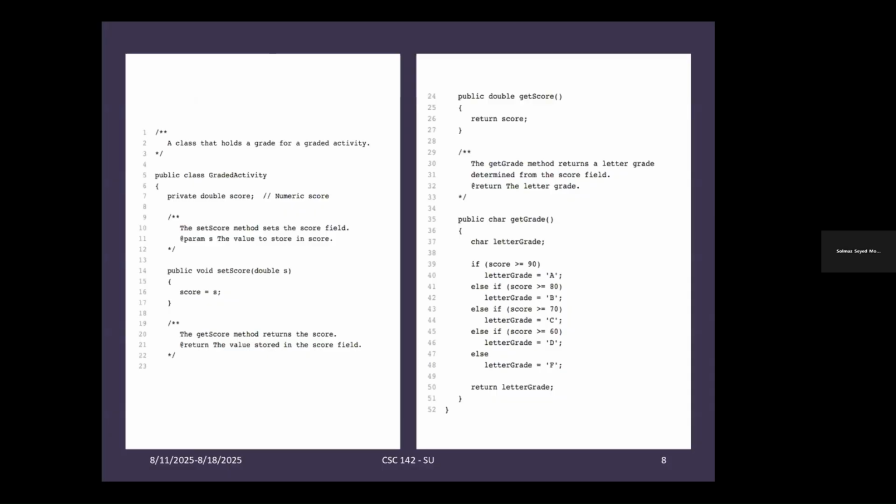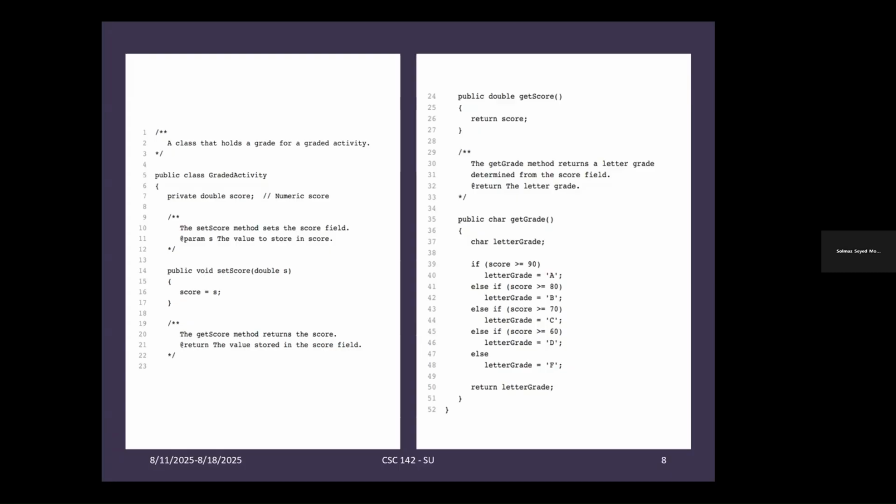Here you can see the code. In the first line of the code, you have the comments. In line 6, you see GradeActivity, the name of the class. Here you can see private double score, private because that variable can be accessed just inside of that specific class we define as private, and the data type is a double.